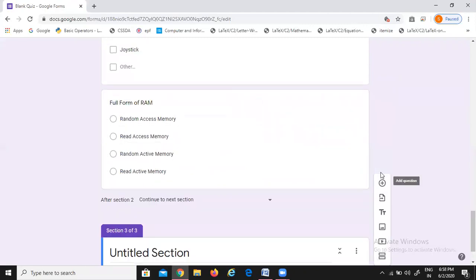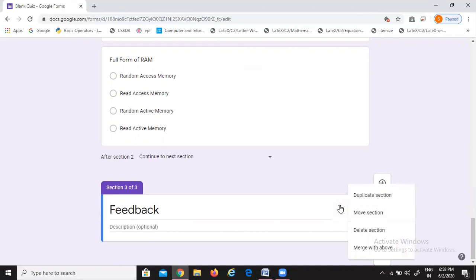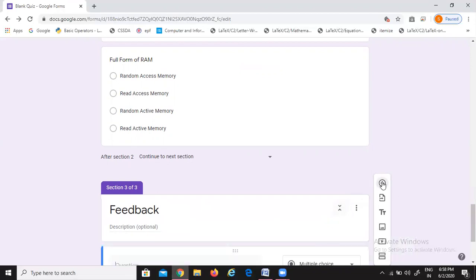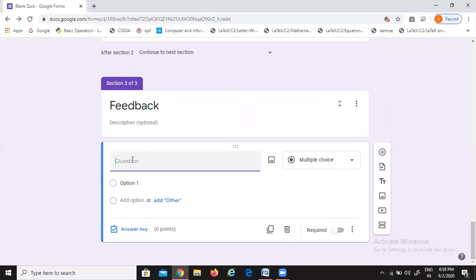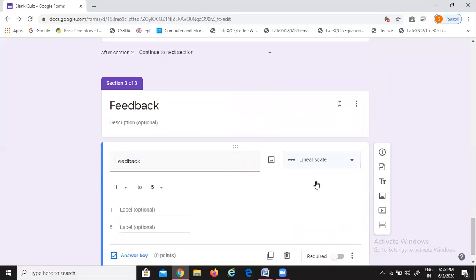Now again adding a section and write feedback. Okay, so if we want feedback of our workshop on a scale of 1 to 5, we have to add a question and write feedback. And in question type, we have to select the linear scale.